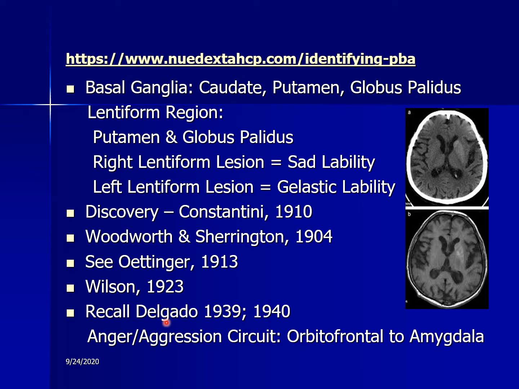But we had replication and related findings on this circuit. And then you'll recall we discussed Delgado, who was placing electrodes in different circuits in the brain, and notably to control anger or aggression in a bull in Cordoba, Spain. As the bull began to attack him aggressively, he pacified that bull. But that circuit tends to be at the base of the right frontal lobe, what we call the orbitofrontal region.